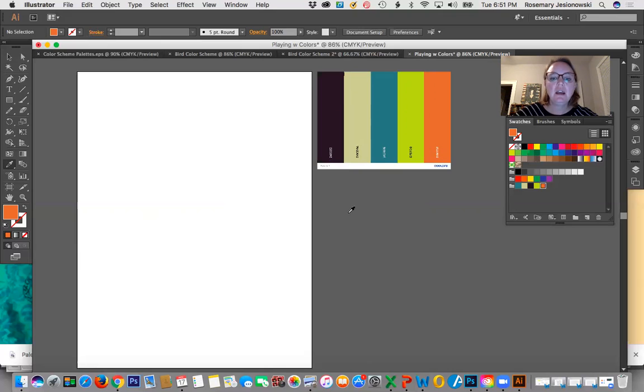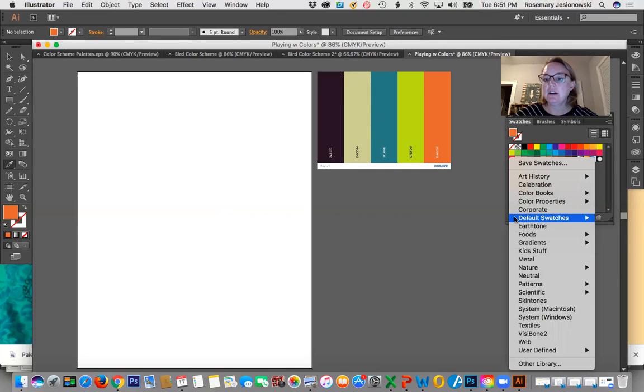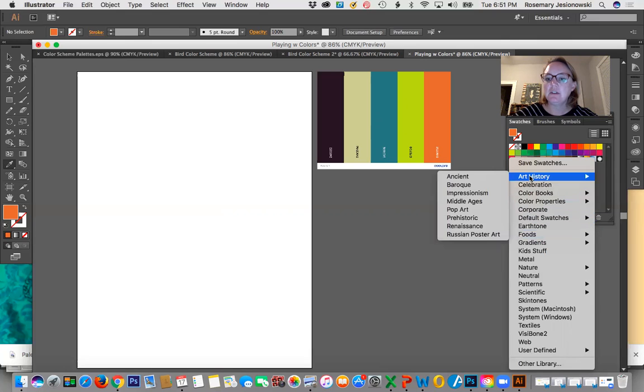And the same thing could be done with that screenshot that I took. You can also find color palettes here in the swatch libraries menu. If I click on this, there are a bunch of options that I can choose from. So if I go to art history and I choose pop art,